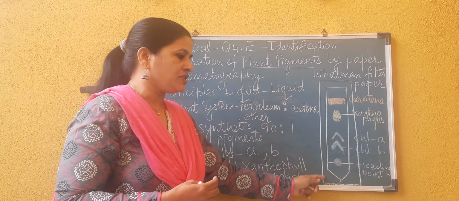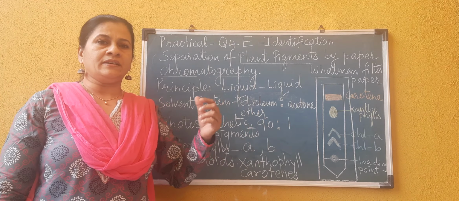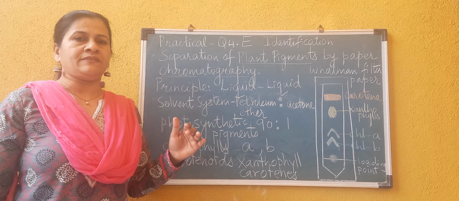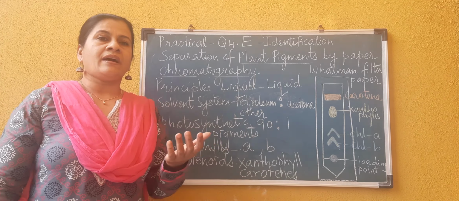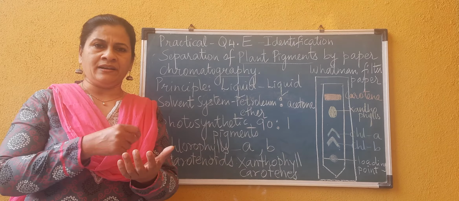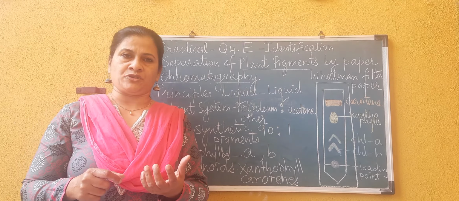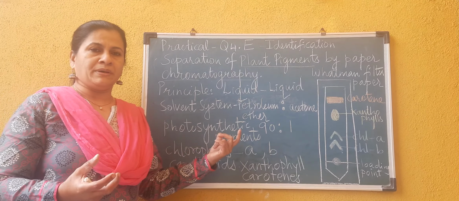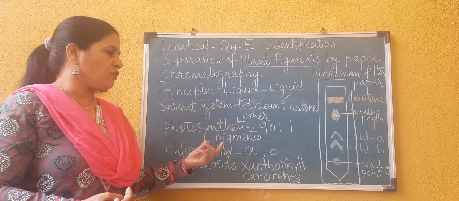Then the second step is preparation of chlorophyll pigments. As we all know, chlorophyll pigments are found in the leaves. So for this experiment, either spinach leaves or neem leaves are collected. They are crushed in a mortar and pestle to form a paste. While crushing the spinach leaves, a little bit of acetone and magnesium chloride is added so that polar substances are easily dissolved in acetone. The entire material is filtered through muslin cloth to obtain the green photosynthetic pigments.